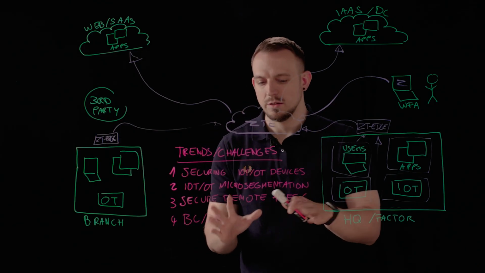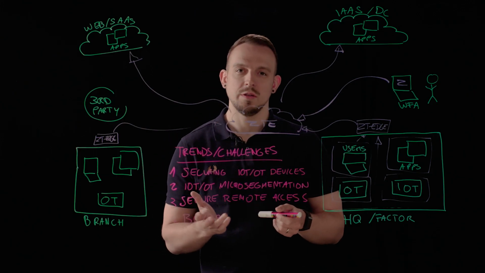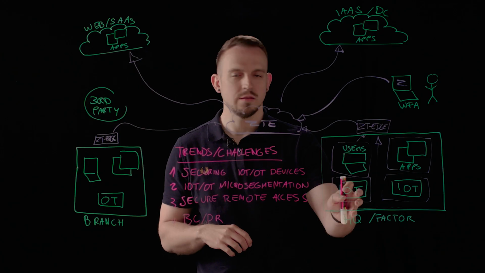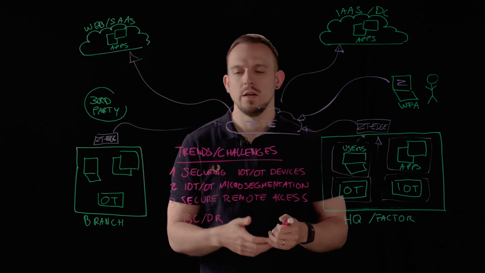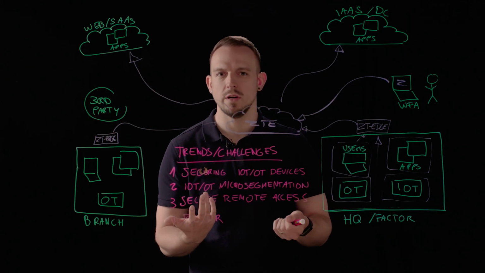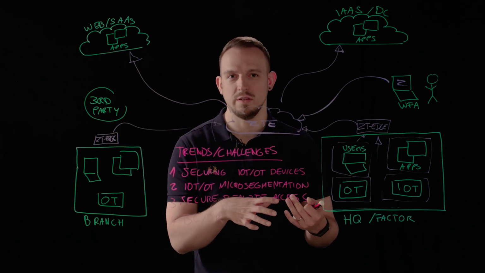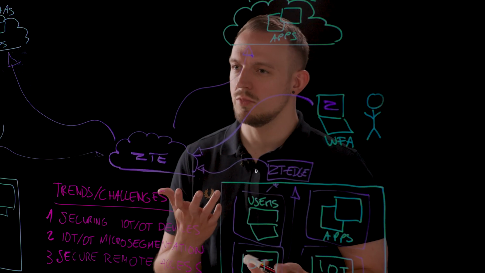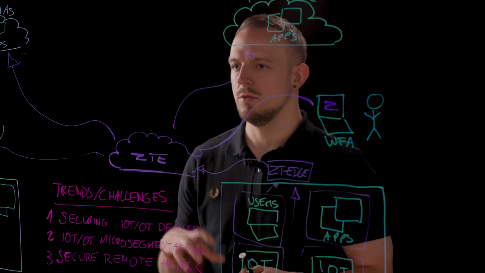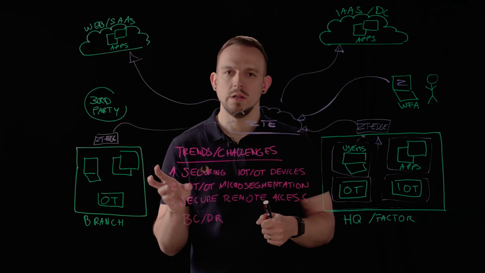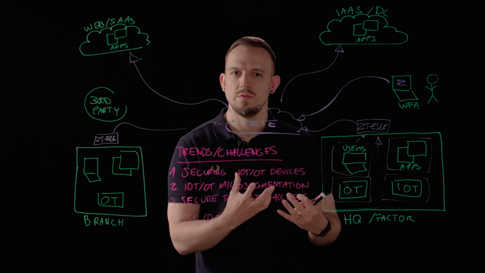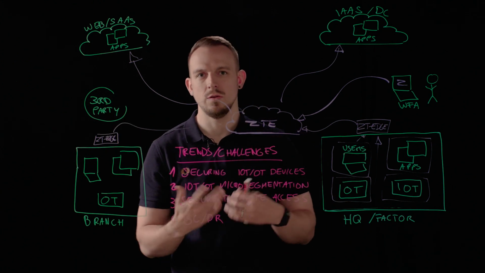The next part, securing remote access, is also quite difficult because oftentimes you have these third parties that want to access an IoT or OT device and do maintenance on the device. So oftentimes they will just establish site-to-site VPNs into your infrastructure or host their own VPN gateways in your factories. And both of those approaches are quite problematic when it comes to security, because you're now introducing foreign networks into your infrastructures that can act as potential entries for attackers. So if the third party gets breached, you will get breached as well.